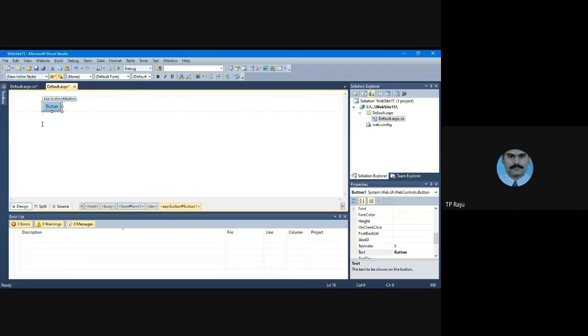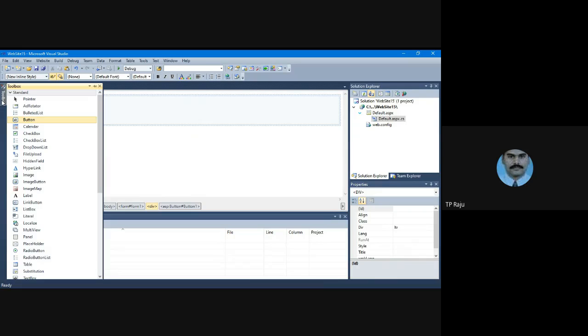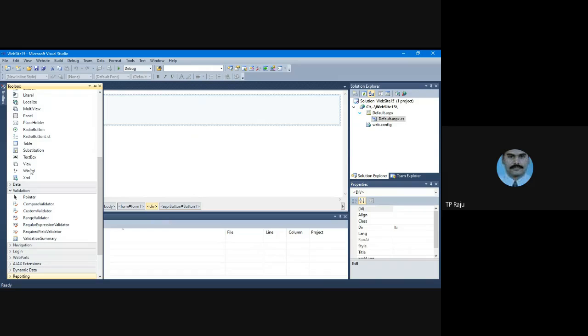Now we're going to find out the factorial of a number. For example, finding the factorial of a number. For that, I take the text box for the inputting.